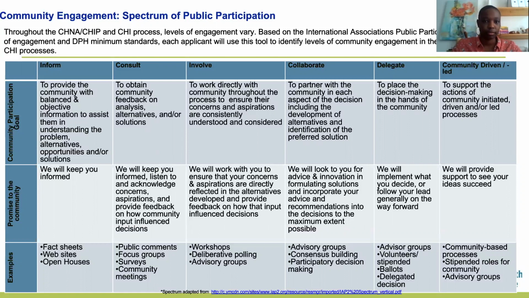The standards further provide guidance on topics such as sector representation on advisory boards. We are trying to build the case for agency in order to achieve our goals of public health. Community engagement is the foundation of community health improvement planning and the foundation of DON-CHI. To support this principle, DPH uses the spectrum of public participation as a tool and as a resource. So when we are able to move along the spectrum of engagement, there are tremendous benefits.